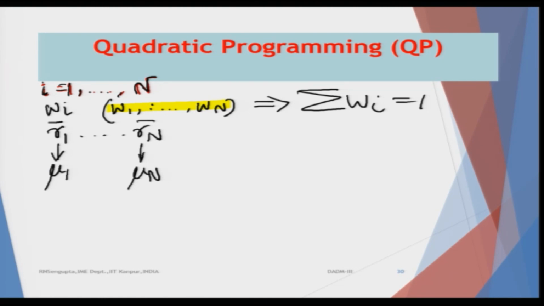So, these are the x's, and the c's are the returns. So, if I combine, it will be basically W1 R1 bar plus